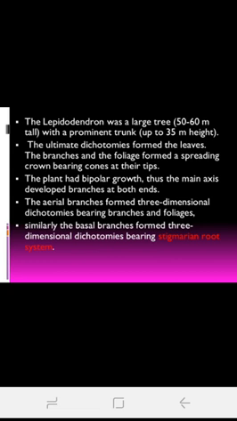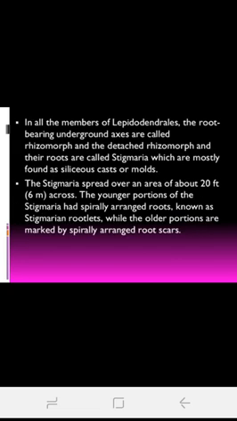Another important feature is its root system having a special name, that is Stigmarian root system. Usually this question may be asked as multiple choice and also as a short answer question. The basal branches are highly branched. That root is known as Stigmarian root system. All Lepidodendron roots are underground, and in these cases the Stigmaria spread widely in a branched condition, and the small branches are known as Stigmarian rootlets.